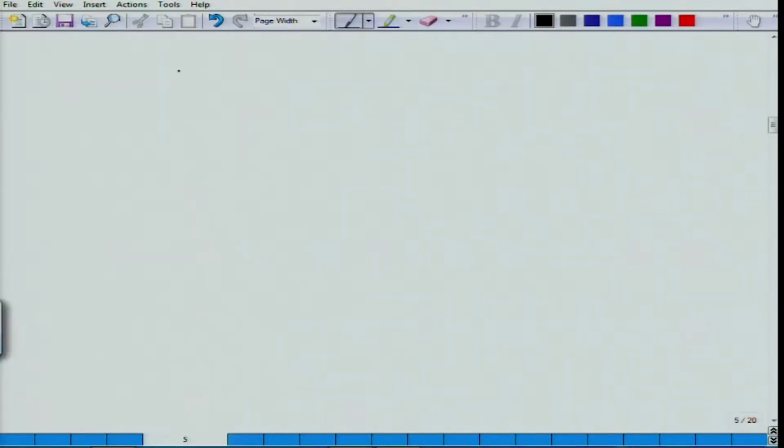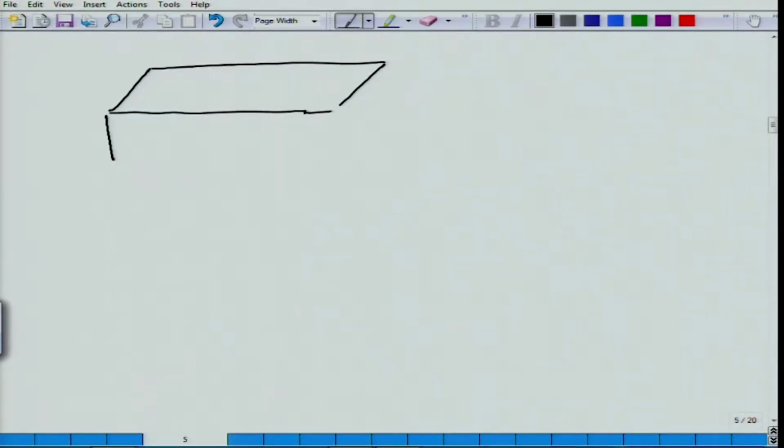To understand this macroscopic property, let us take a semiconductor slab with area A, and look at the motion of electrons. Electrons are moving, let us say, in this direction. Then the current due to the electrons